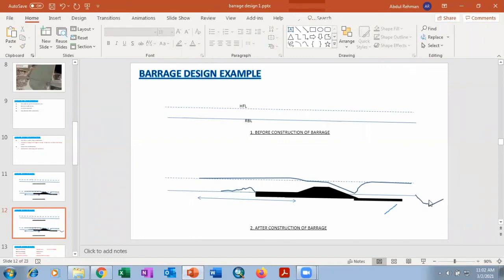The riverbed will be depressed on the downstream side, and it will be elevated on the upstream side soon after construction of the barrage. Generally it is said that during the first 20 years of the barrage life, silts are settled on the upstream side and erosion is occurring on the downstream side. It's a phenomenon which we cannot avoid. It will always occur. Even if we